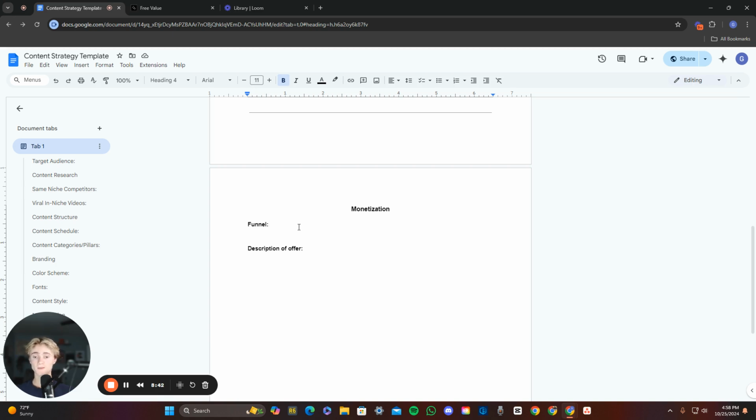And so you need to have this funnel in mind. What's it going to be? What are you going to rely on? Is it going to be a typical social funnel that goes content, lead magnet, DMs, close? Right? That's a great funnel right there. You could put that right here and know that that's your funnel. Know that that is how sales are actually made, right? Because if you don't have the funnel, if you don't even have it in mind, you're going to get all these views, but you're not going to capitalize and make the most out of those people, right?